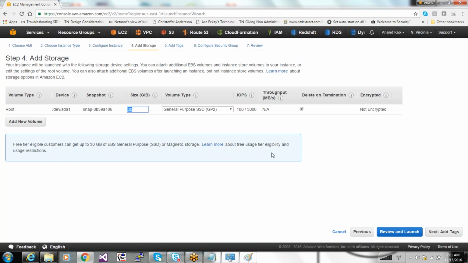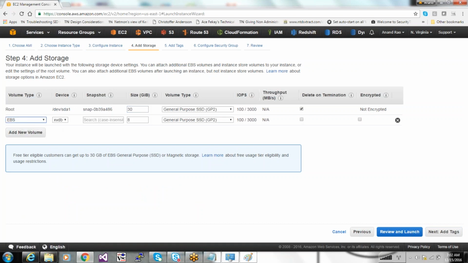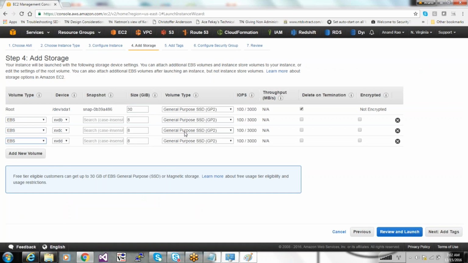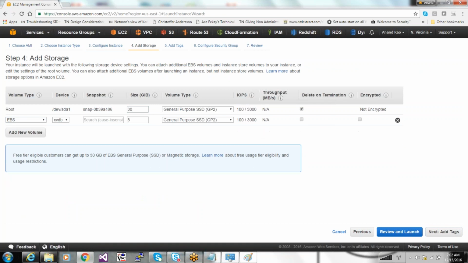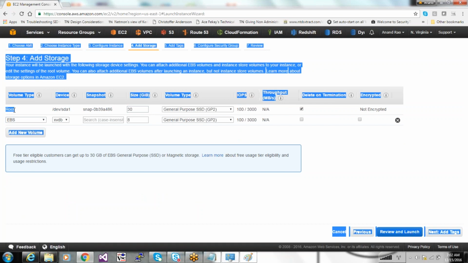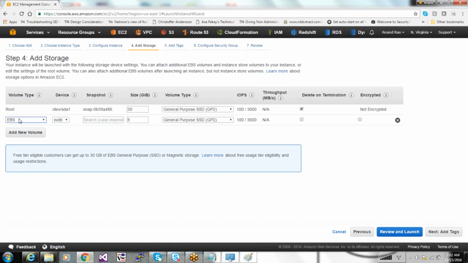Okay. Now you've got storage. The storage is the C drive, which is 30 GB. You can add more volumes as well, like D drive, E drive, F drive. But as you see, this one is a root volume, and this one is Elastic Block Storage, EBS. EBS stands for Elastic Block Storage, right? The base volume, which is the C drive in this case, Linux users will know as root. Root is a root partition, but the C drive is no different from the root partition. The C drive is also a root partition here.